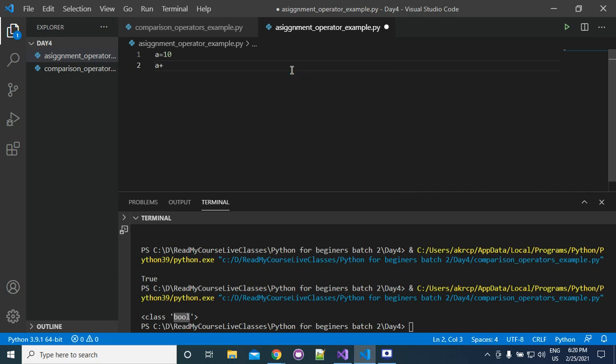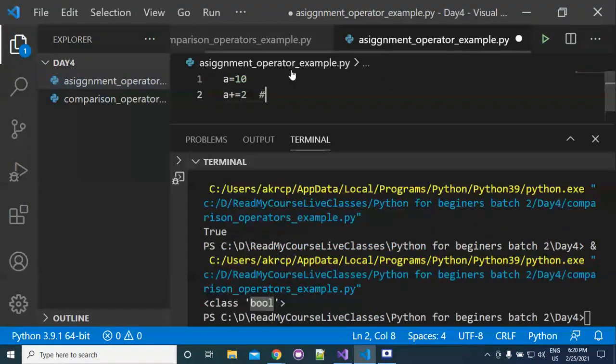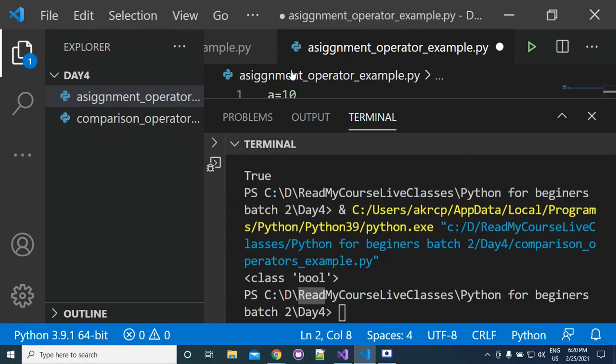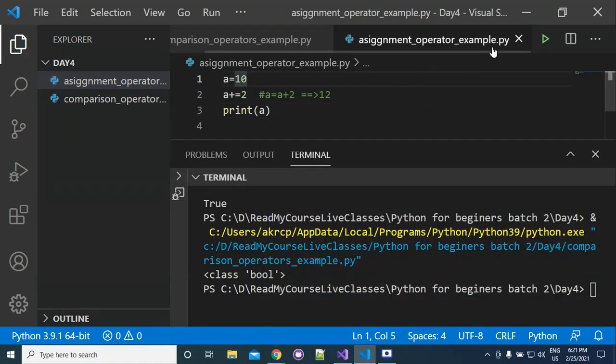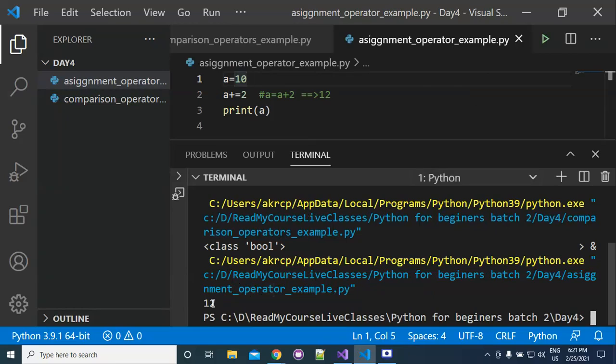If you write a plus is equal to 2, then it is equivalent to a is equal to a plus 2. The initial value of a was 10, so the answer will be 12. So if you print a, it will give you 12.